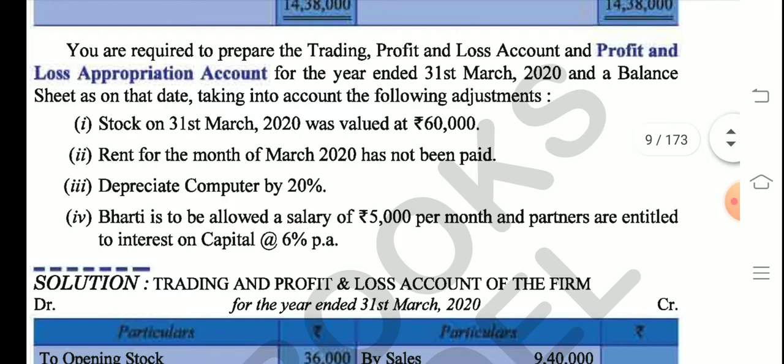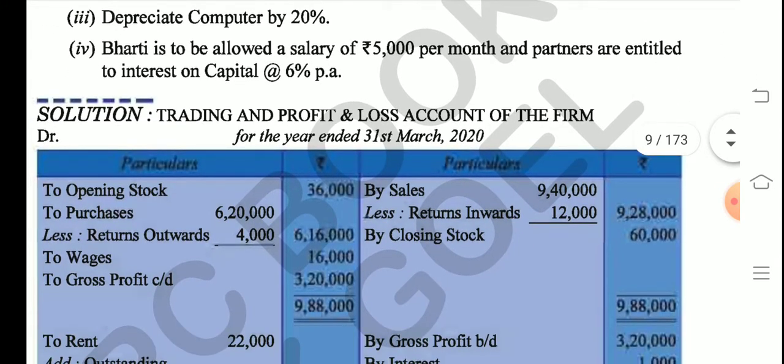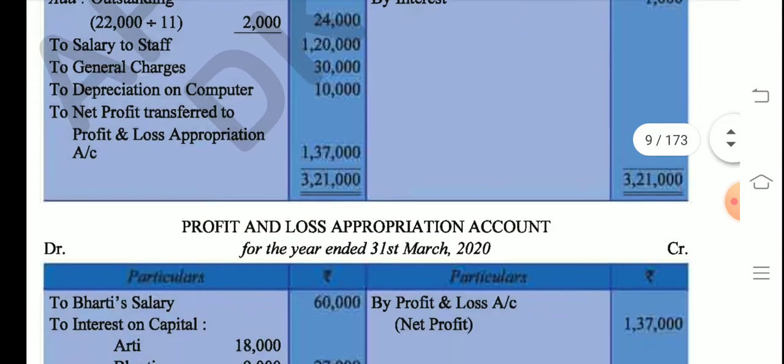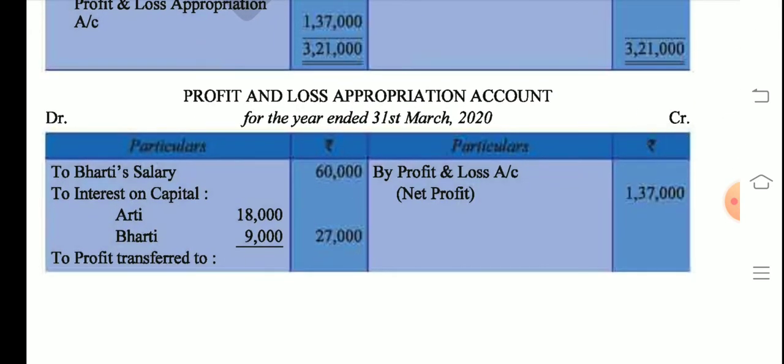So we draw all that. Right now it's not that important for you to draw this. You already know how to draw a trading and profit and loss account. You have learned this in class 11, so this is not very important. But yes, profit and loss appropriation account is very